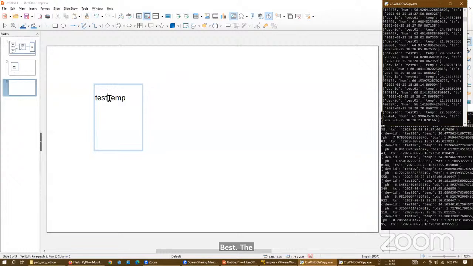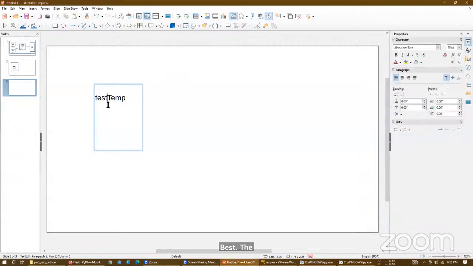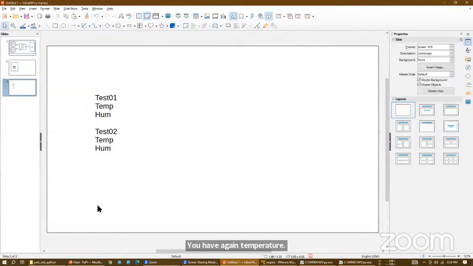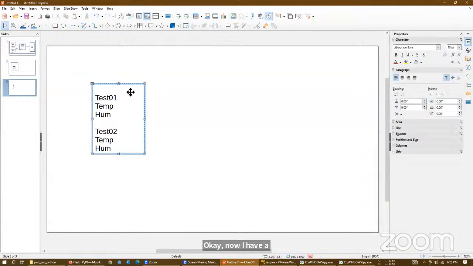Test 01, test 02. Test 01 is your first device. It has temperature and humidity. Test 2 is your second device. You have again temperature, humidity. Now I have a rule which states that